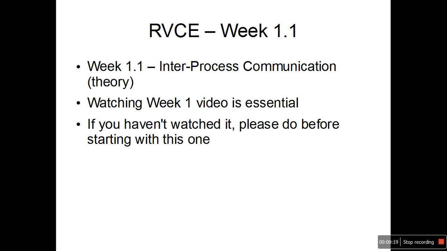Let's begin. This video will be covering the theory behind inter-process communication, and mind you, the example of inter-process communication here is about processes running on different machines but connected to the same network. Before you proceed, it is recommended to watch the first video if you have not so far, because this video builds up on the concepts of the first video. If you have,